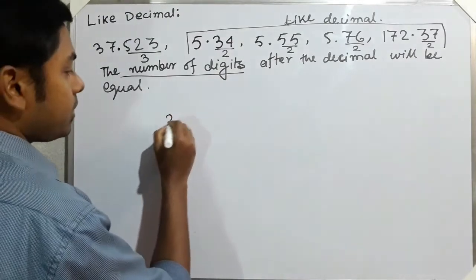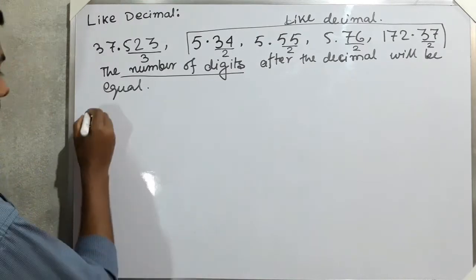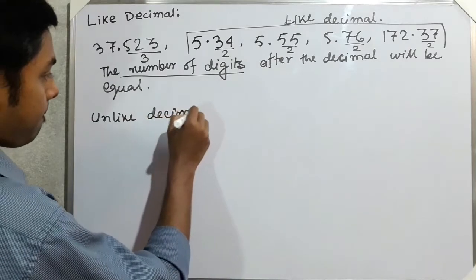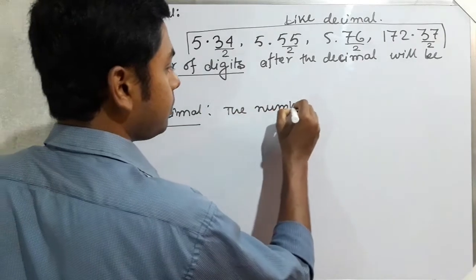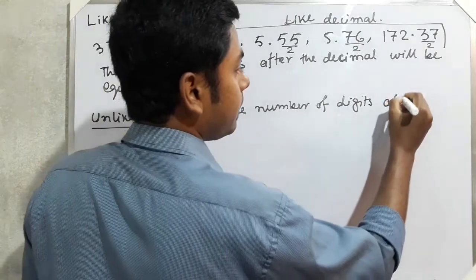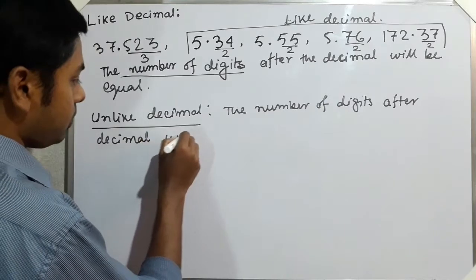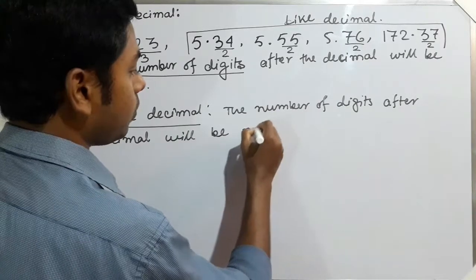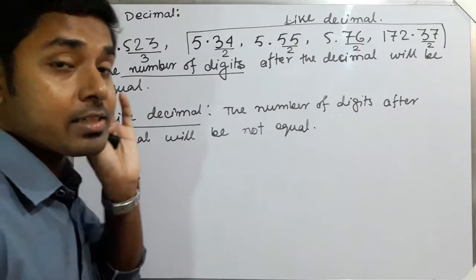Now suppose first of all unlike decimal. Unlike decimal, the number of digits after the decimal will be not equal. Okay, what about unlike decimal? That means